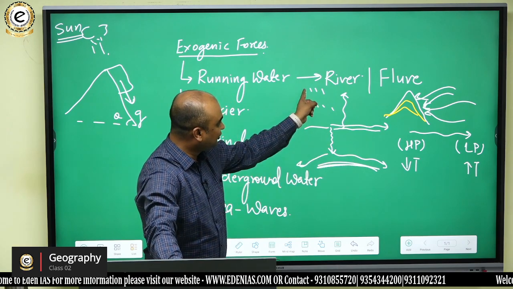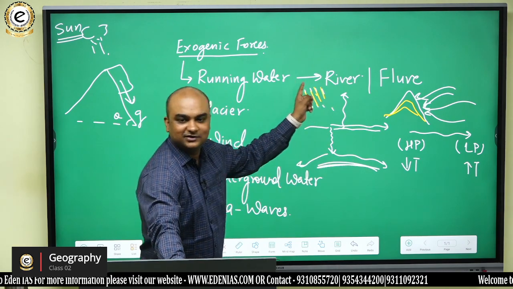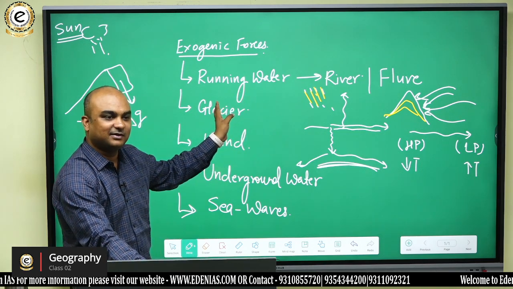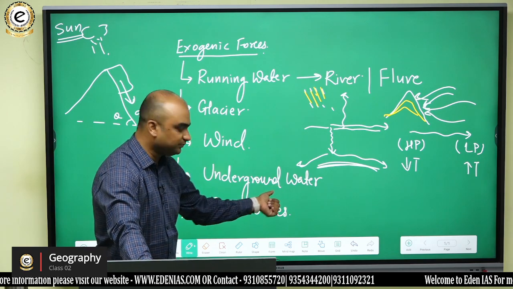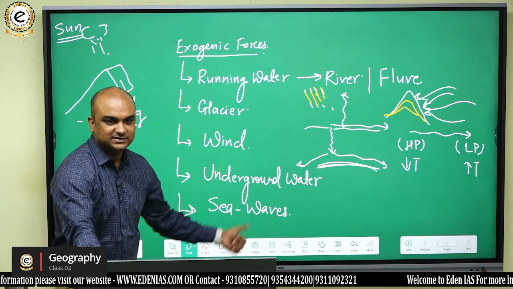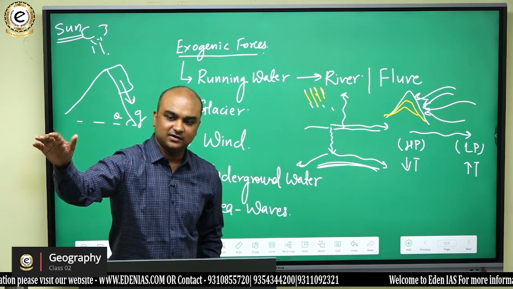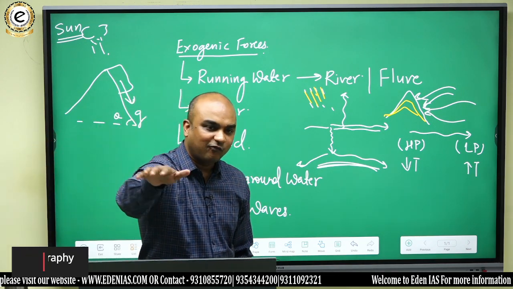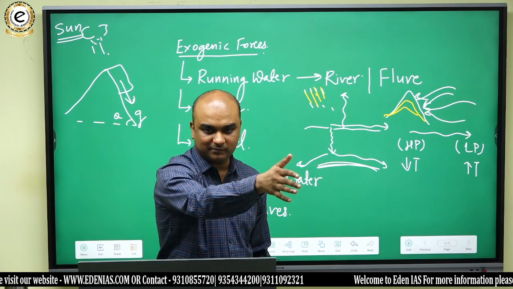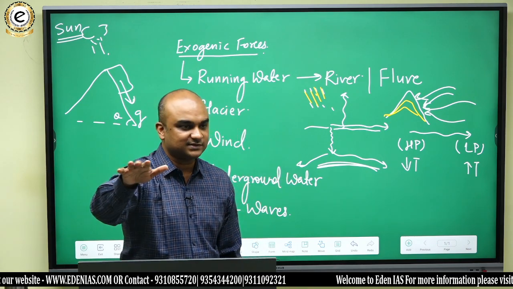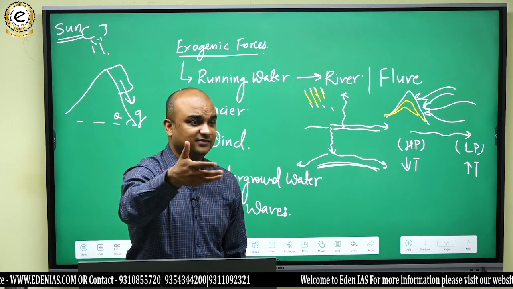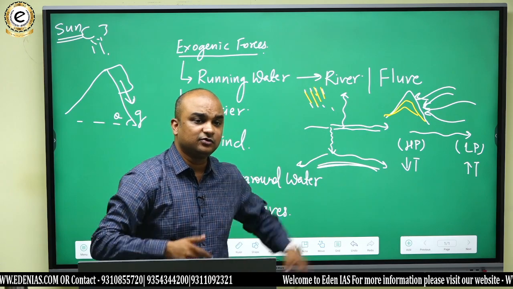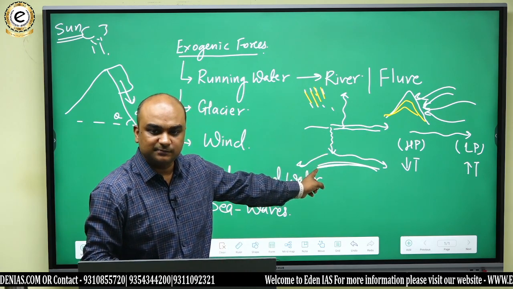Now it is after all due to rainfall, and rainfall is due to sun. आपको दिख रहा है यहाँ पे? So the ultimate source of energy here also seems to be the sun. What about sea waves? Sea waves are what? Sea waves are movement of water in a wave-like format across the ocean surface. And how are sea waves generated? Due to the force of wind. Do you understand how wind is generated? Due to sun. Difference in pressure.